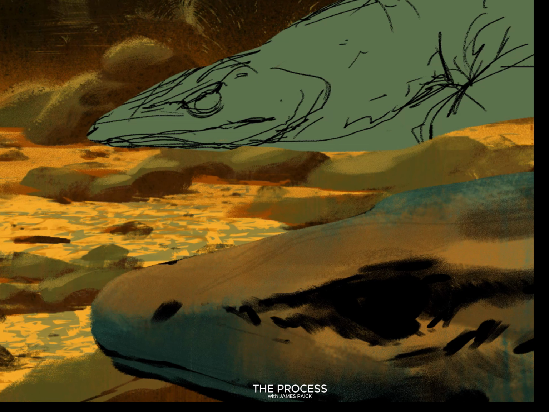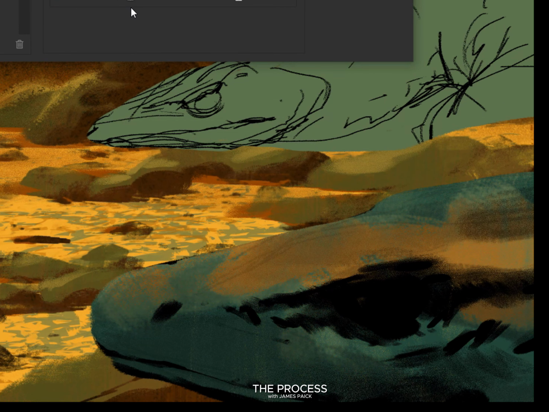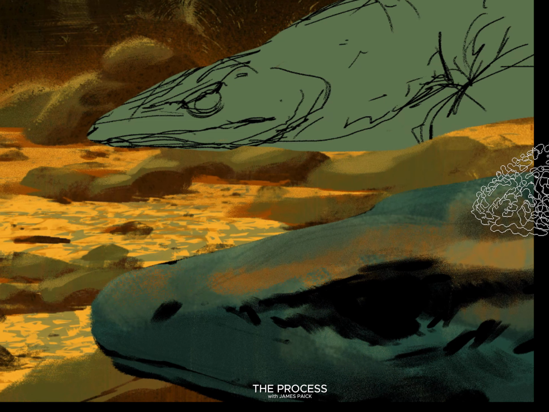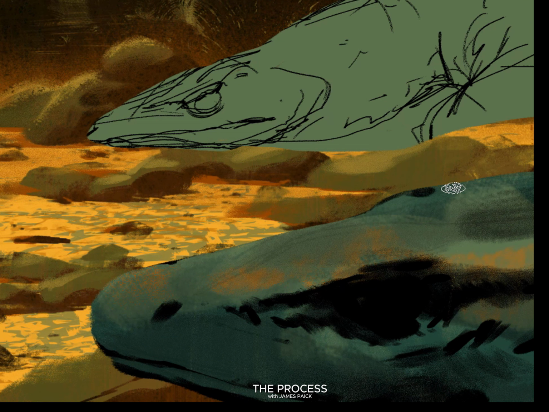I'm playing with blend modes here lately just to see if I can get some color shifting and color variation. Again, my goal was to sort of use these personal paintings as a way to explore color,